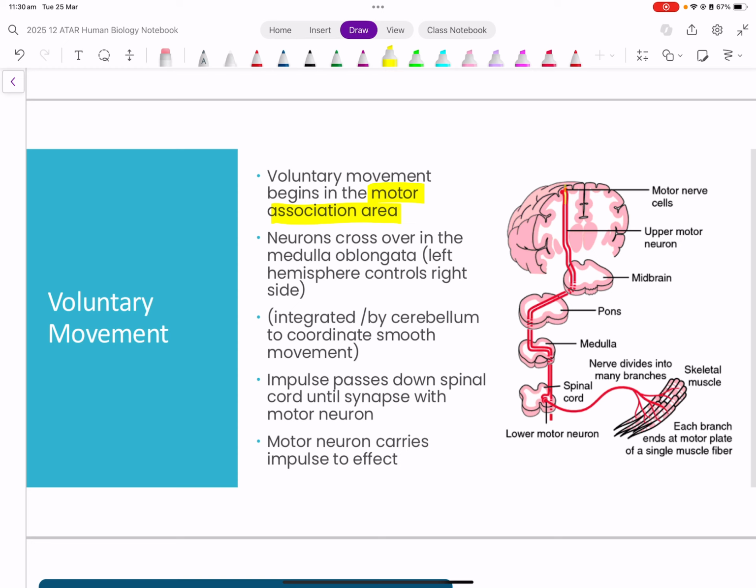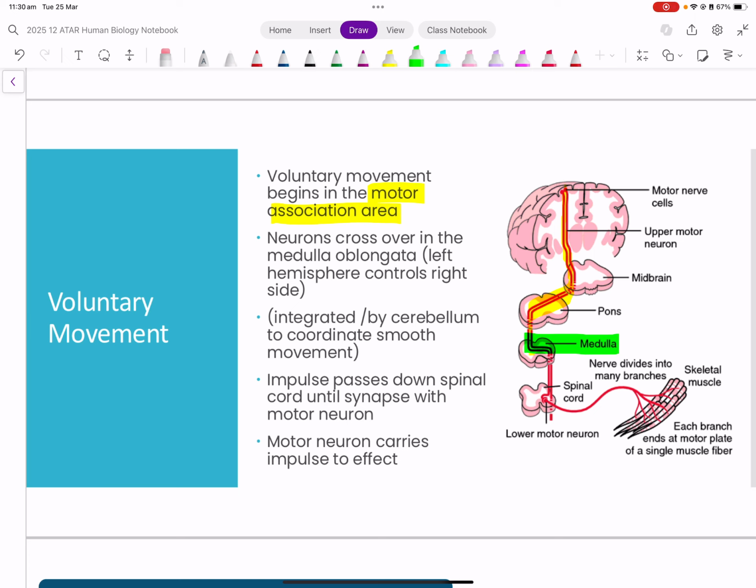can see these motor nerve cells moving down through the brain and through the medulla oblongata. We can't really see the medulla oblongata here. As we continue down through the midbrain, through the pons, we eventually make it here to the medulla. So it's at this point that I'm just going to change my pen color, okay, and I'll show the highlighting